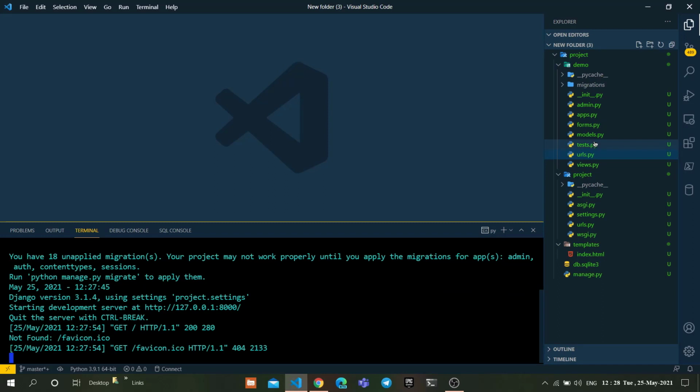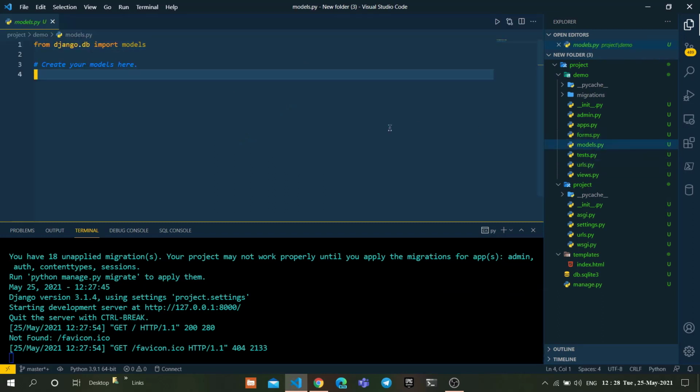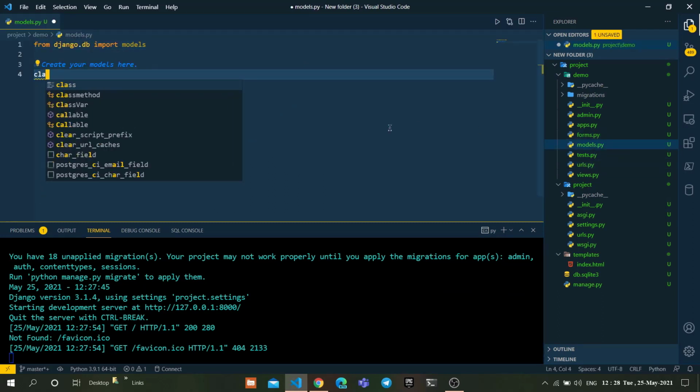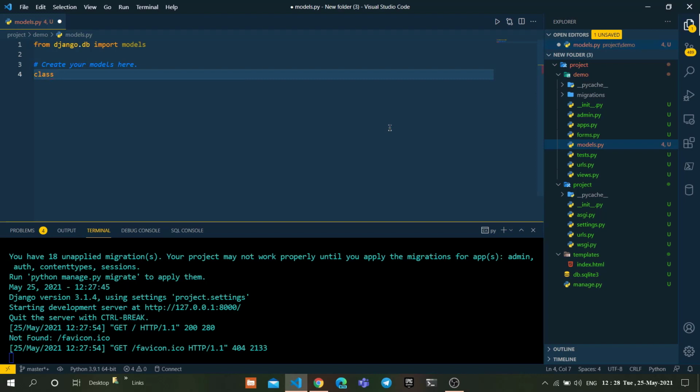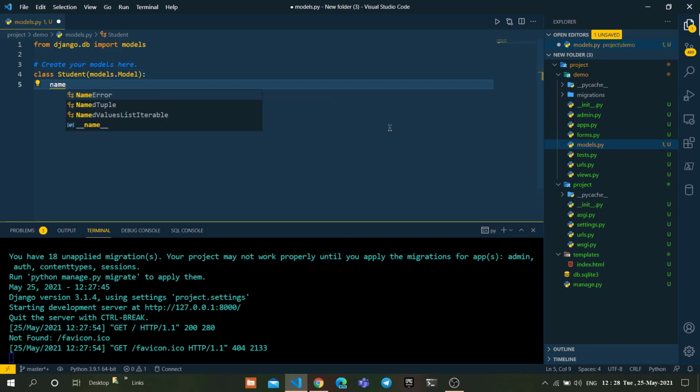Let's create a model form. Go to the models.py file. Let's create a model class Student of models.Model. I'm going to create two fields: name and the second one, roll number.